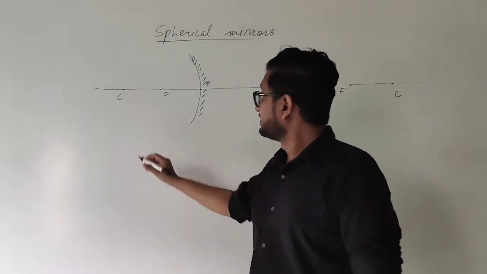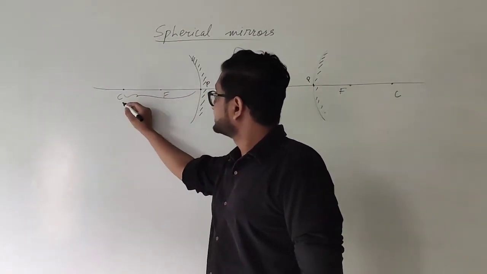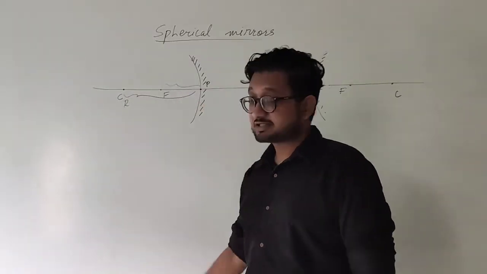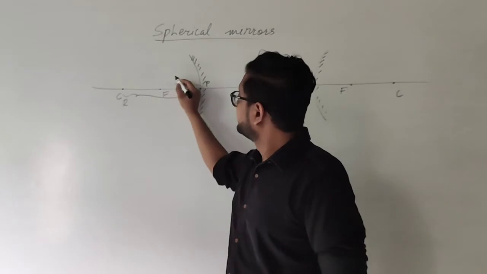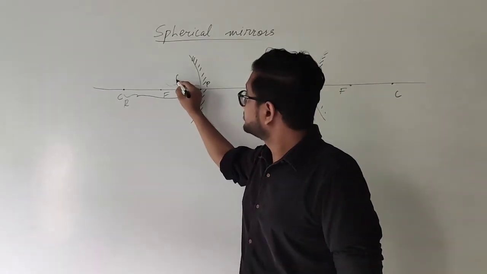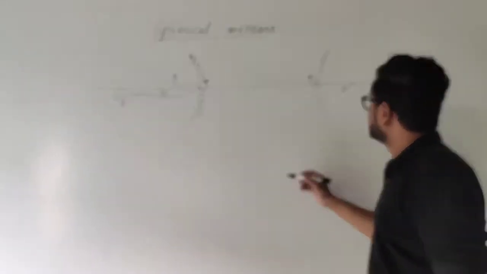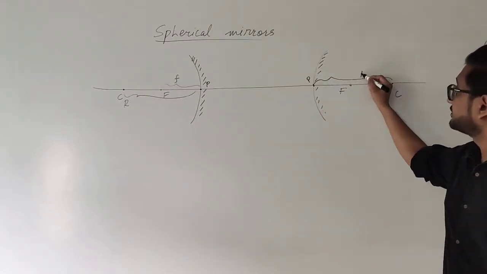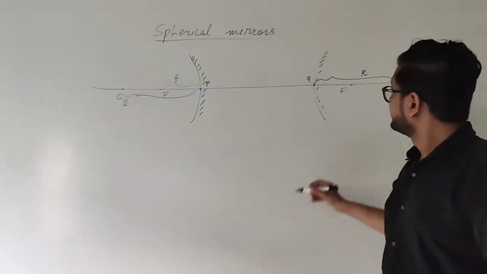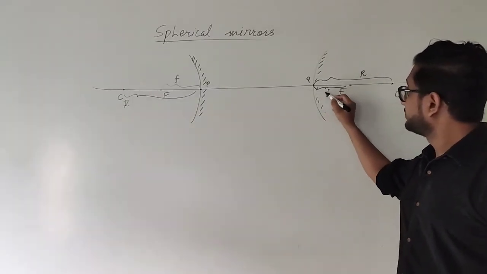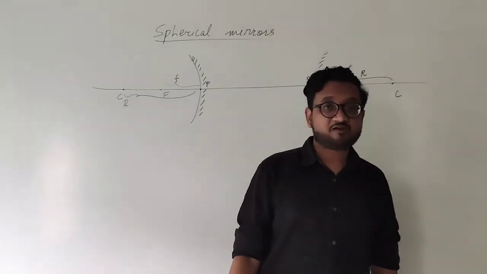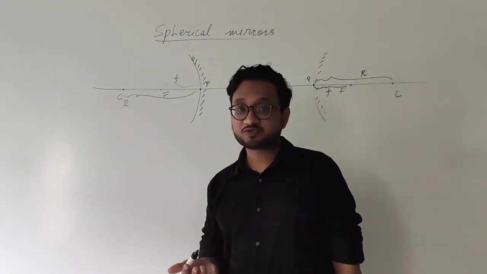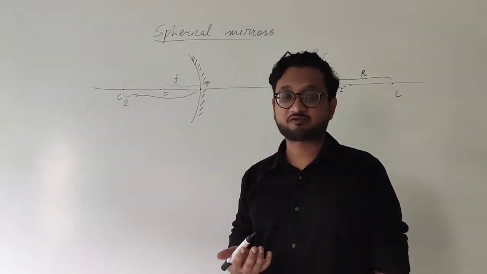We have this part, that is the radius of curvature. This length, from focus to pole, is the focal length, given by the symbol small f. Similarly over here as well, from pole to center of curvature we have the radius of curvature, and from focus point to pole we have the focal length. Still, if you are having any doubts, you can mention them in the comment section and I will be happy to answer. But once we start the image formation, it will be much clearer for you.